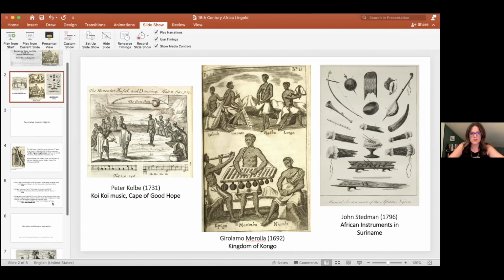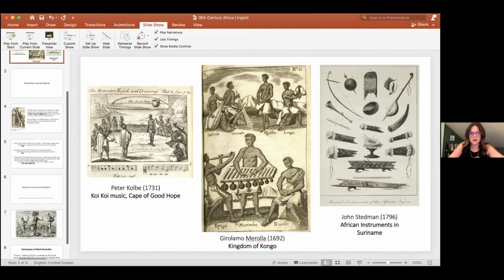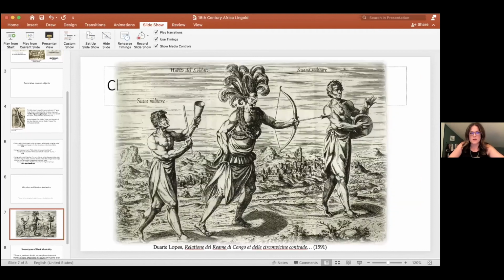So for instance, the English translation of Duarte Lopez's narrative, which comes just 6 years later, actually does reproduce this image, but it's a really crummy version of it. So it's really fascinating because it's kind of spot for spot. And this image really interests me because it's